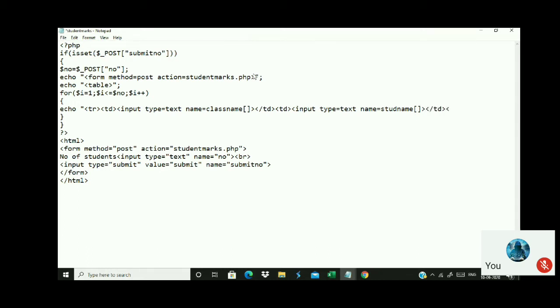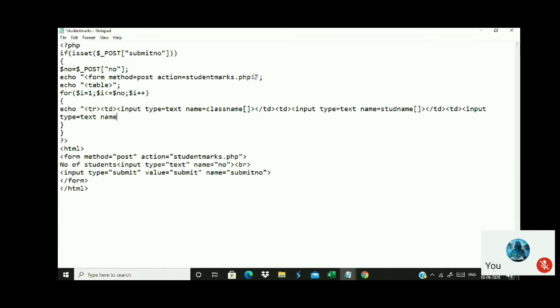Now the last one is you should create an array for marks. Input type text. Now name equal to, I'm not going to have one marks, I'm going to have the marks of every student. So put square brackets like this, close this, and then close this TD, the table column, and close this TR. Are you able to understand? This I have written for one student. For one student, I should have 3 text boxes. If 5 students are there, how many text boxes will be created? 15 text boxes will be created here. Are you able to understand?